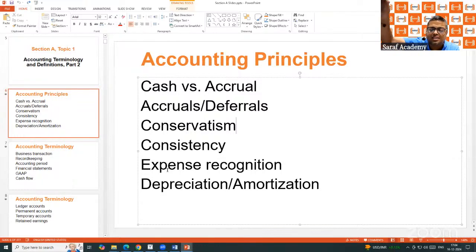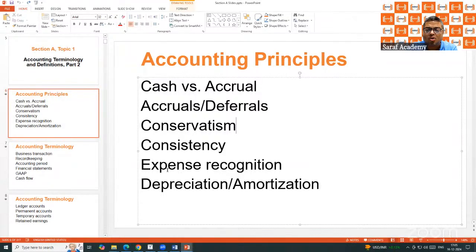Suppose I have invested in the shares of a company. The prices have gone up. I will not record income. When I sell, then I will record. But in case the prices have gone down, I will record the losses. The books of accounts are prepared, by US GAAP, by Indian accounting, by anything, by following the conservative principle.